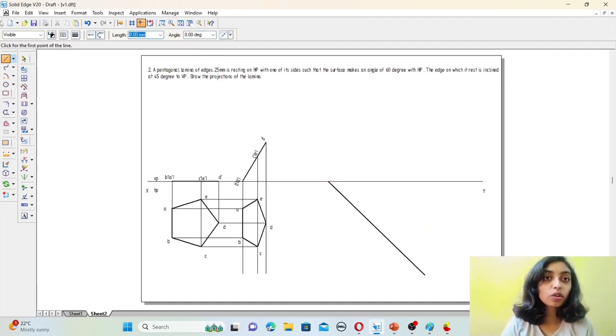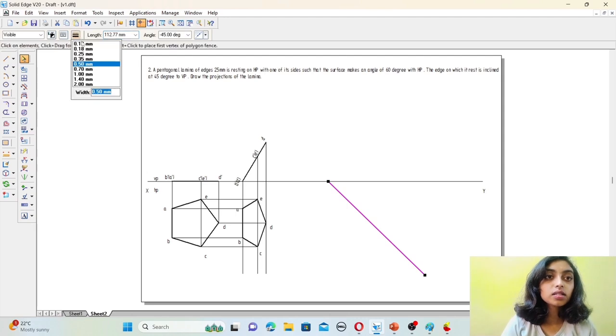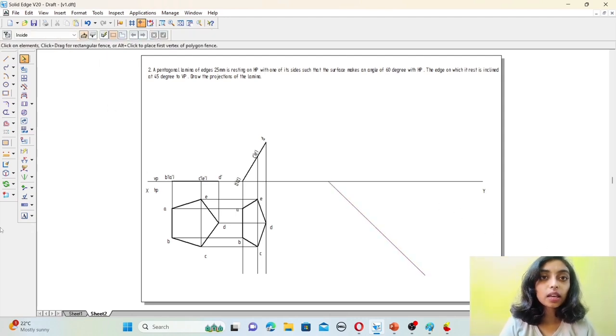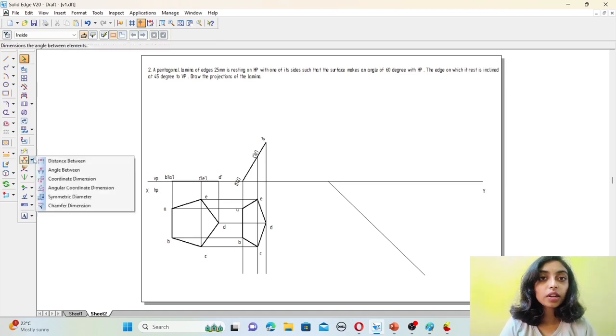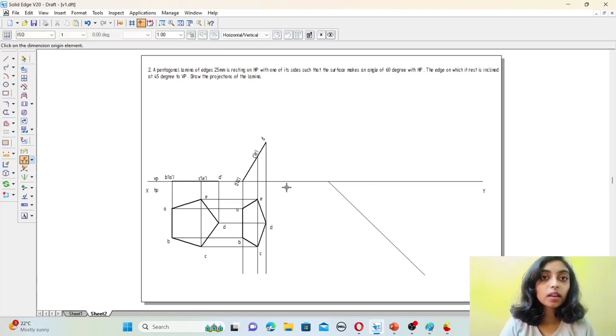Make sure you have 0.13 mm thickness. So select this line and then the other line. Now measure the angle between the two. Here you can measure as 45.